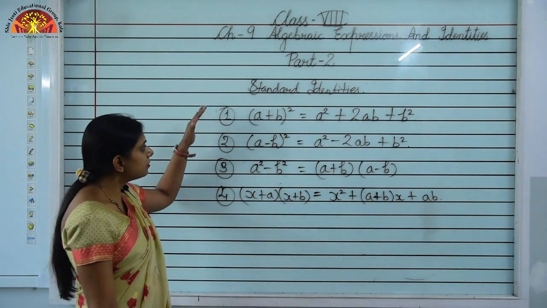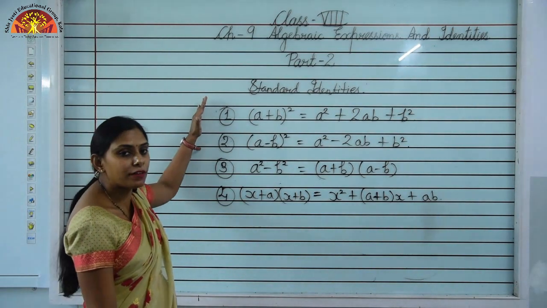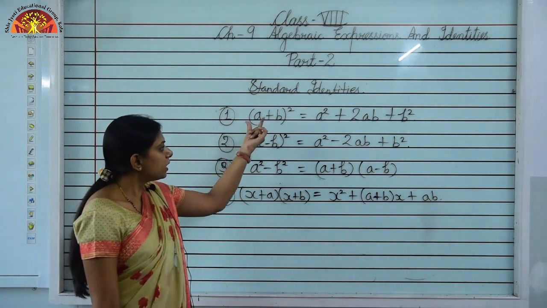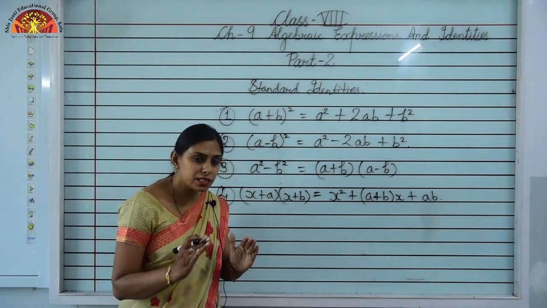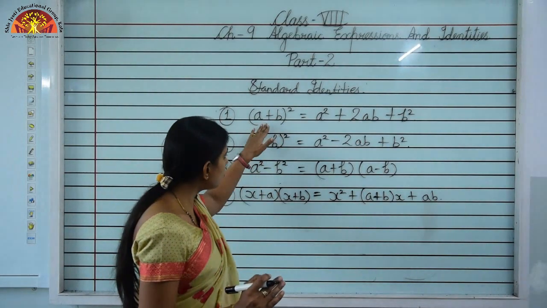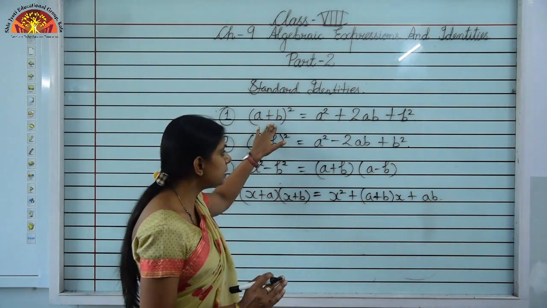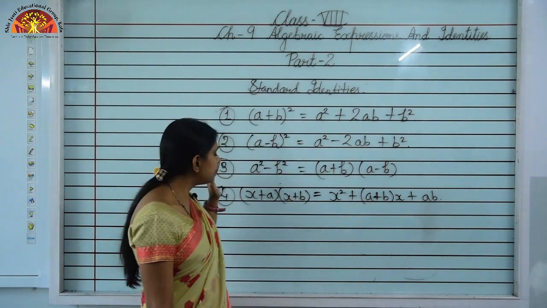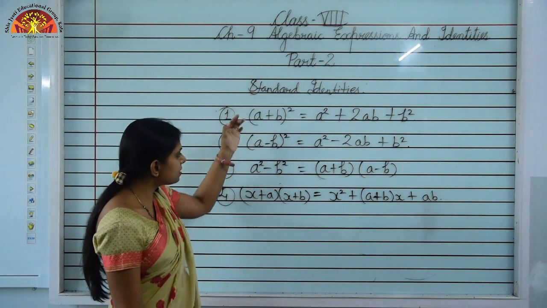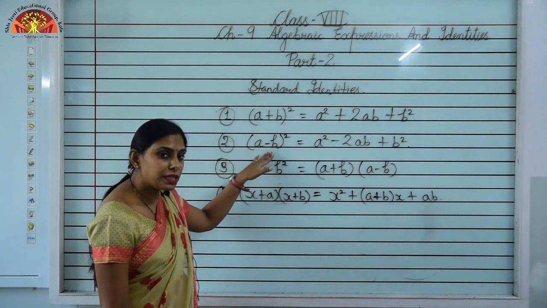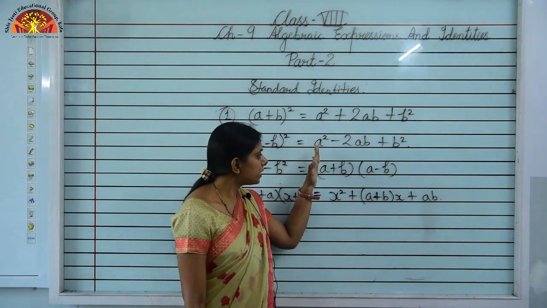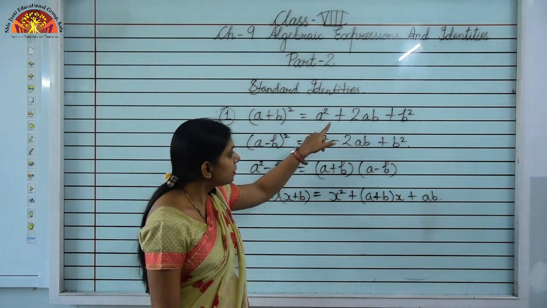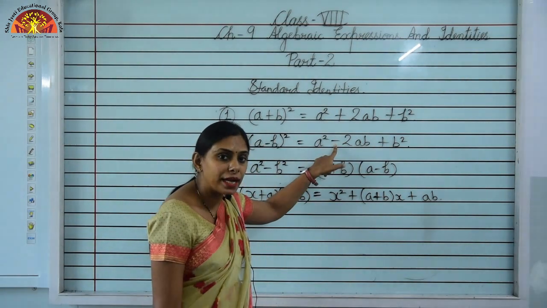So children, these are the standard algebraic identities that you have to remember, okay? In your senior classes, this will help you a lot. So just see once more, a plus b whole square, that is a plus b into a plus b. When you just carry out the multiplication of a plus b into a plus b, it will be a square plus 2ab plus b square. Similarly, in place of plus, it will be a minus. So, a minus b whole square is equal to a square minus 2ab plus b square. Rest all the things are same, but instead of plus sign, here it will become minus, okay.